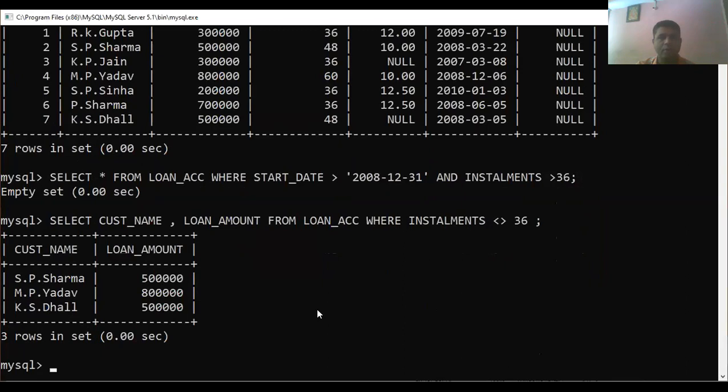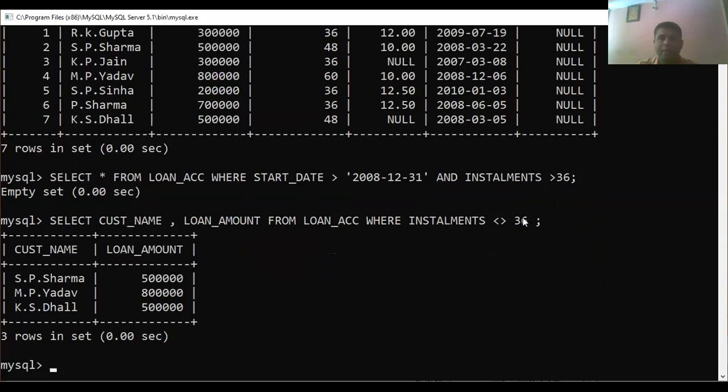If you observe this one in the previous table, we can come to know very easily. 36 not equal: how many customers have 36? 1, 2, 3, 4. So if you remove 4 from the 7 records, 3 records are left. So only the 3 customers' names are printed as per the given query, because it does not print the 36 installment, not equal to.